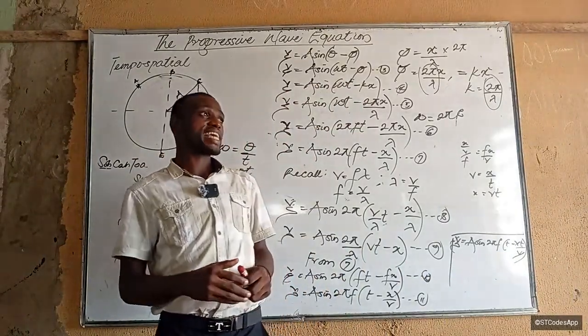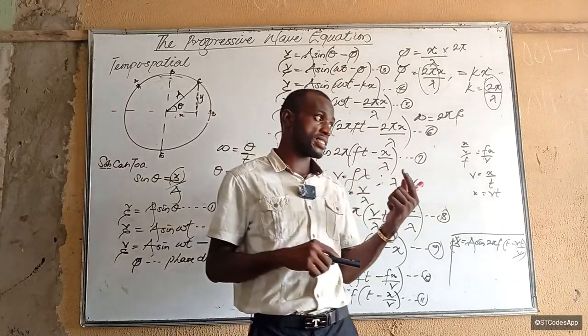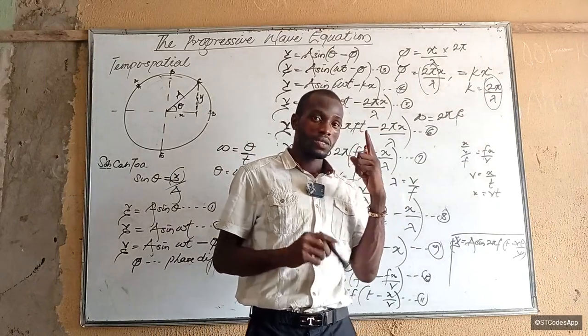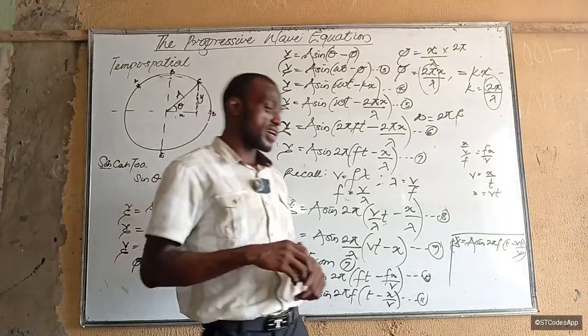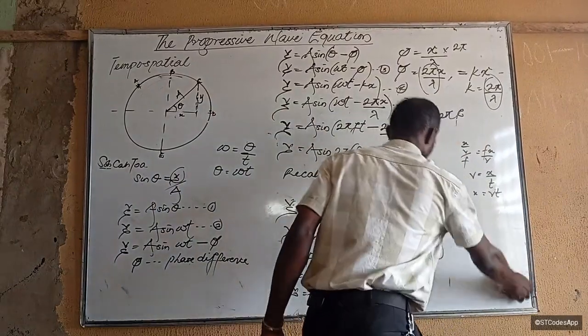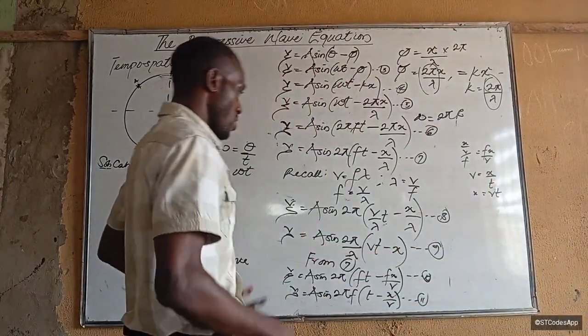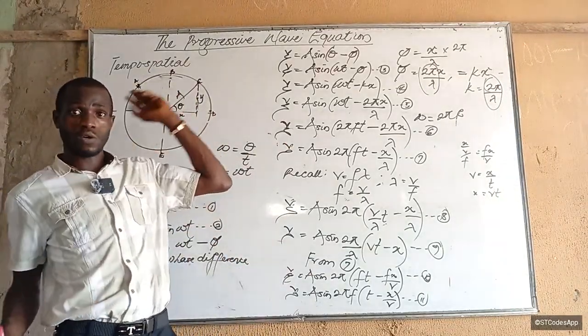Then the sine of 0 is 0. So our equation reverts to 0. Alright, so these are just the equations that you need to solve any question on